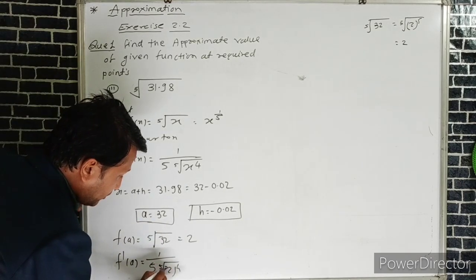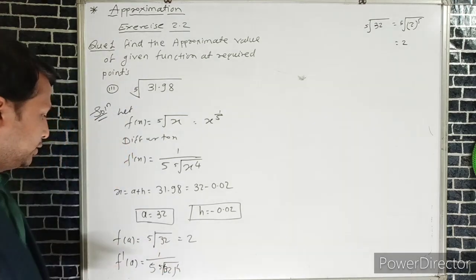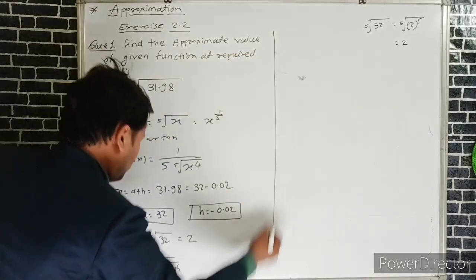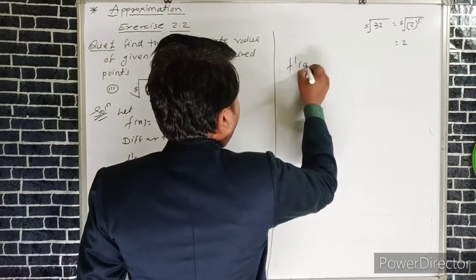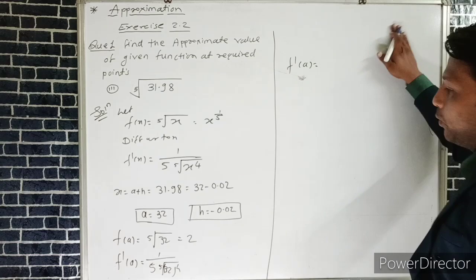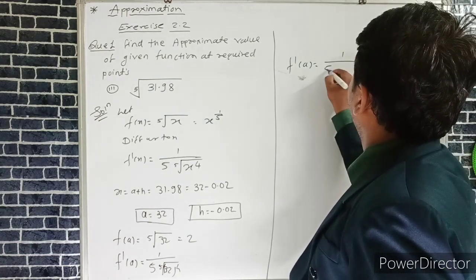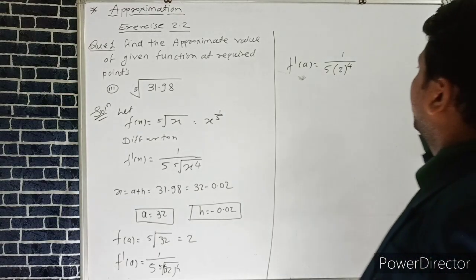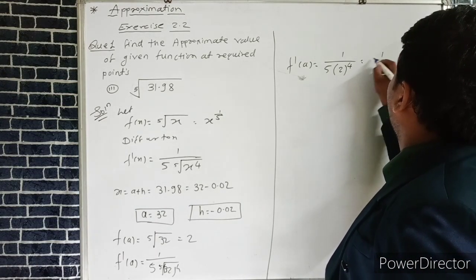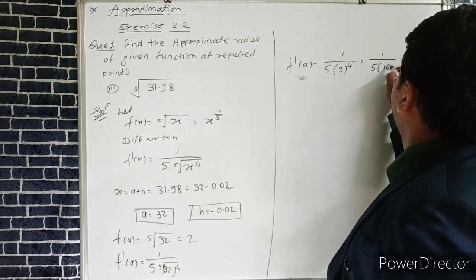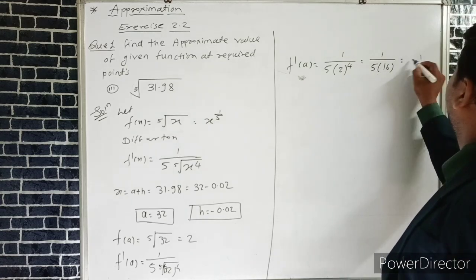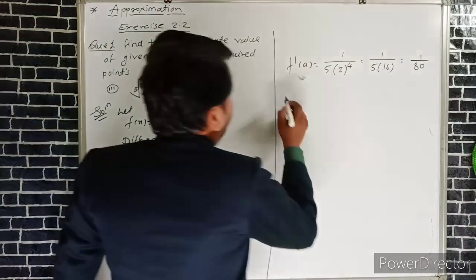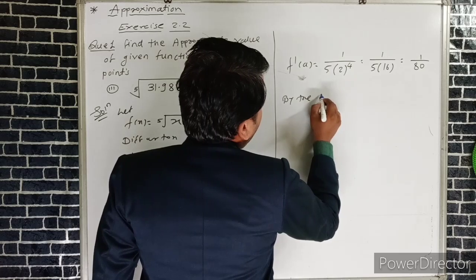Here we know that the fifth root of 32 is 2, so f dash of a is equal to 1 upon 5 into 2 raised to the power 4. The value of 2 raised to the power 4 is 16, so 5 into 16, we can write it as 1 upon 80. So, by the rules of approximation,